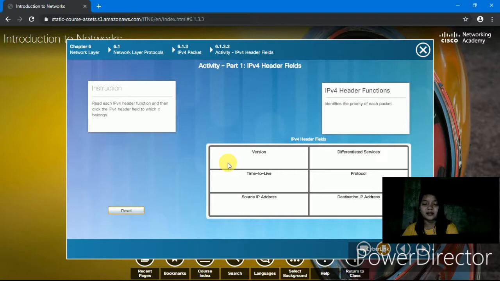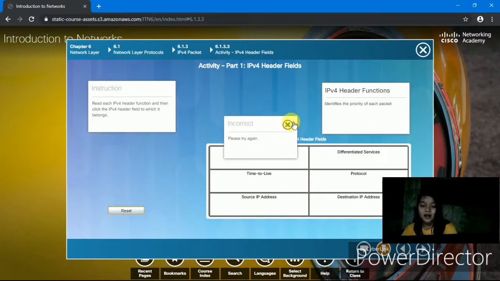So, this is the next activity. Activity part 1, IPv4 header field. Instruction: read each IPv4 header function and then click the IPv4 header field to which it belongs. Identifies the priority of each packet. Its source